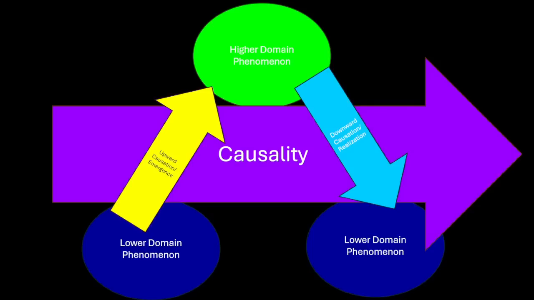But generally speaking, again, causality is always going in this one direction. But through emergence, new phenomena can exist at a higher level and then exert a downward causal influence upon lower level phenomena, while causality is moving in the same way. So again, this is another reason why we should be skeptical of reductionism, because in reductionism, there's no such thing as downward causation. There's only upward causation, or upward emergence. So smaller things can give rise to higher things, but those higher things do not in and of themselves compose new entities. They are reducible to the lowest level. But hopefully I've been showing, or arguing, that this is not the case.